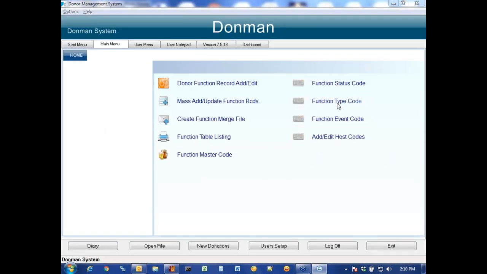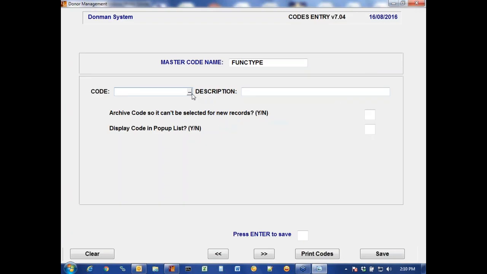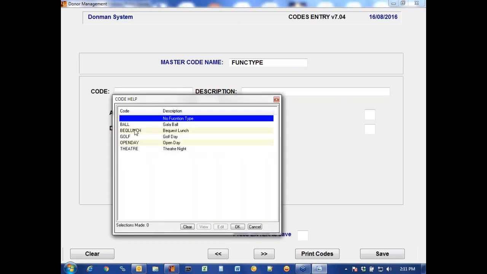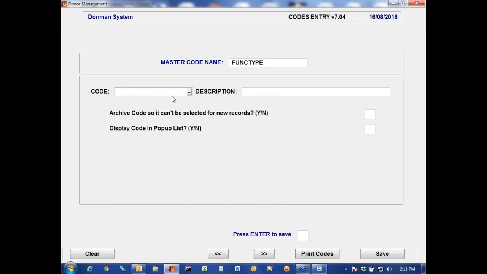The next code we look at is function type. And to a large extent, you can sort of vary how you use these codes, but what I've got set up here is ball, bequest lunch, if you have lunches for bequest people, golf day, open day, theatre events, things like that. If there's some other sort of event that you might want to do, you might say car rally,